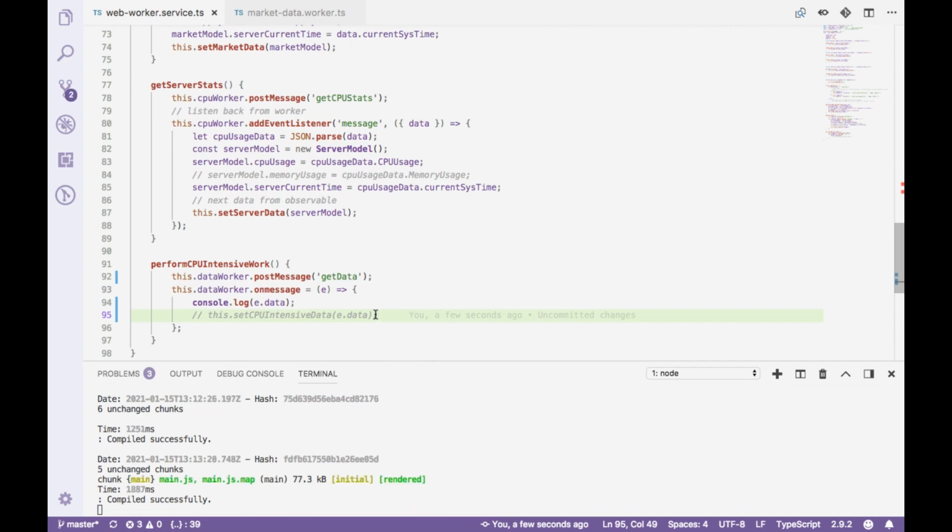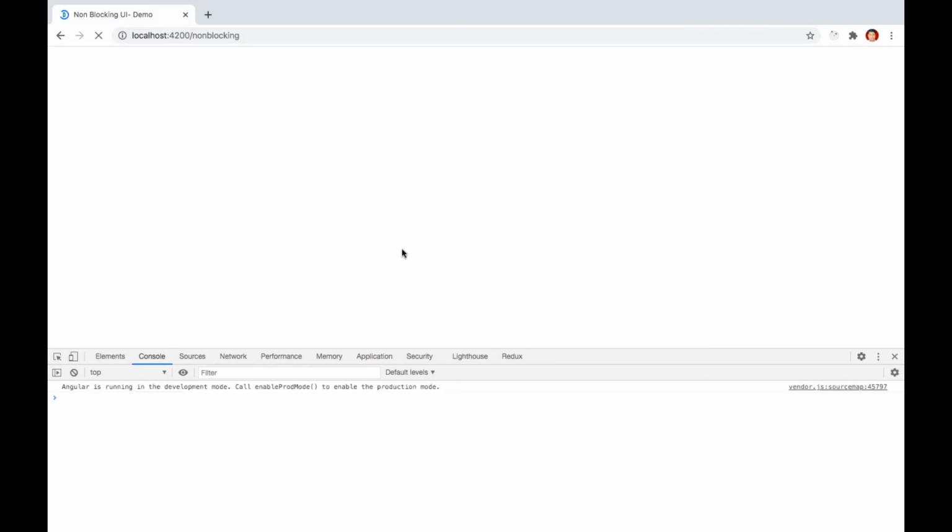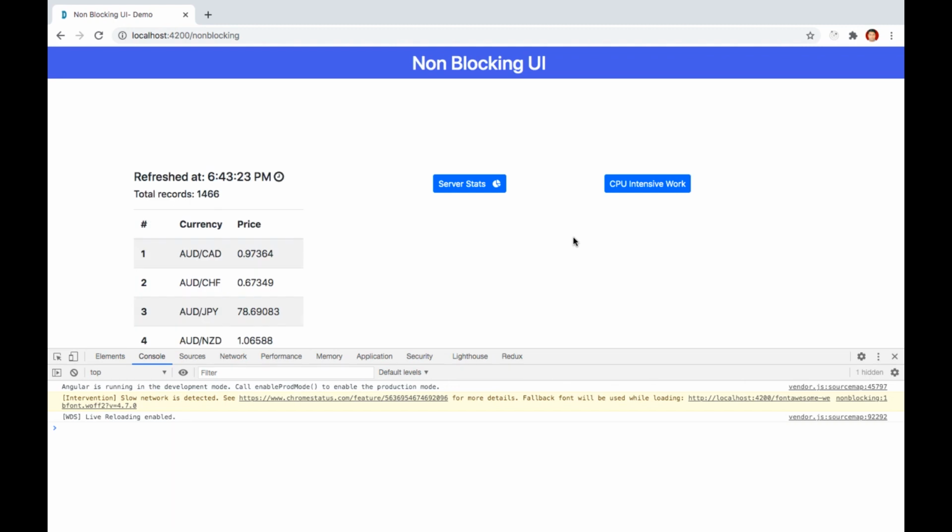Save it. Click on CPU and receive. Now you see we are getting the message from the market thread. So it's working great.